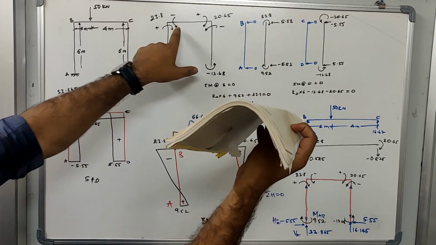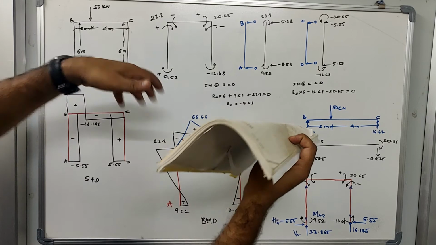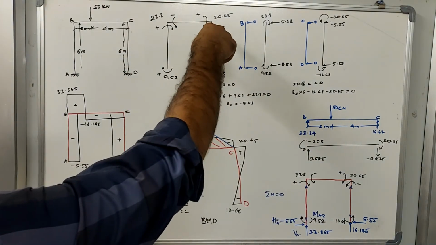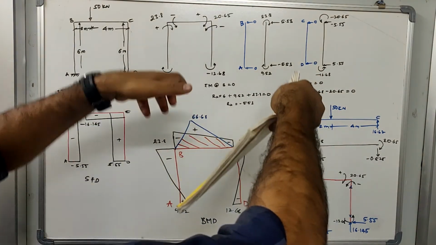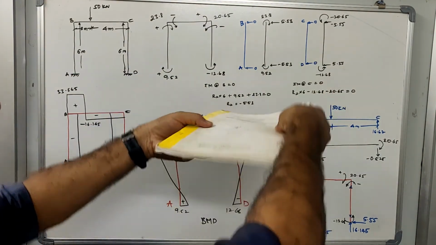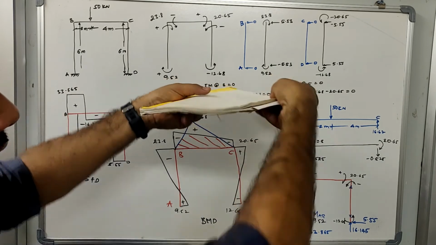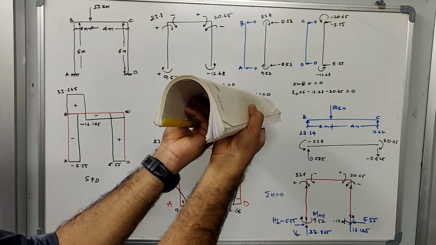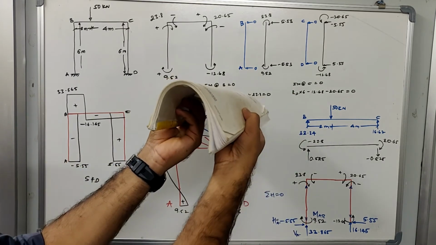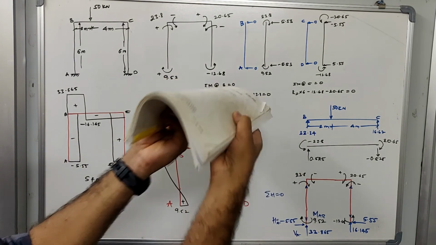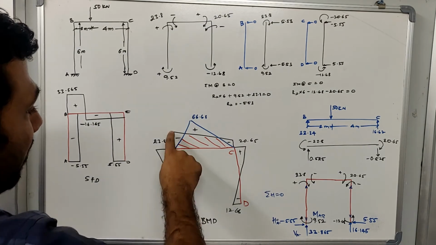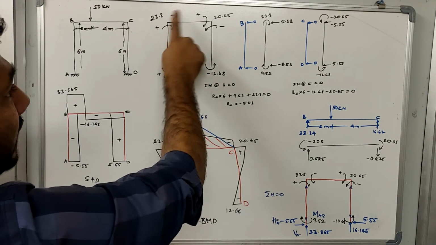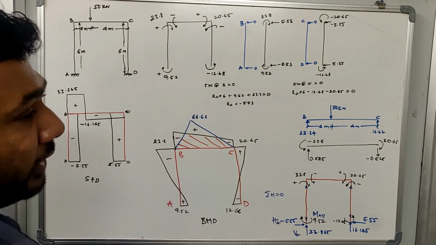So this is minus 23.8, anti-clockwise. This is plus 23.65, this is plus. If I apply a moment like this and this, it will bend like this. You can clearly see in which direction I am applying the moment at both ends. Because of that it will create hogging. That's why, when I draw the bending moment diagram, only because of these end moments, I write it as negative bending moment.